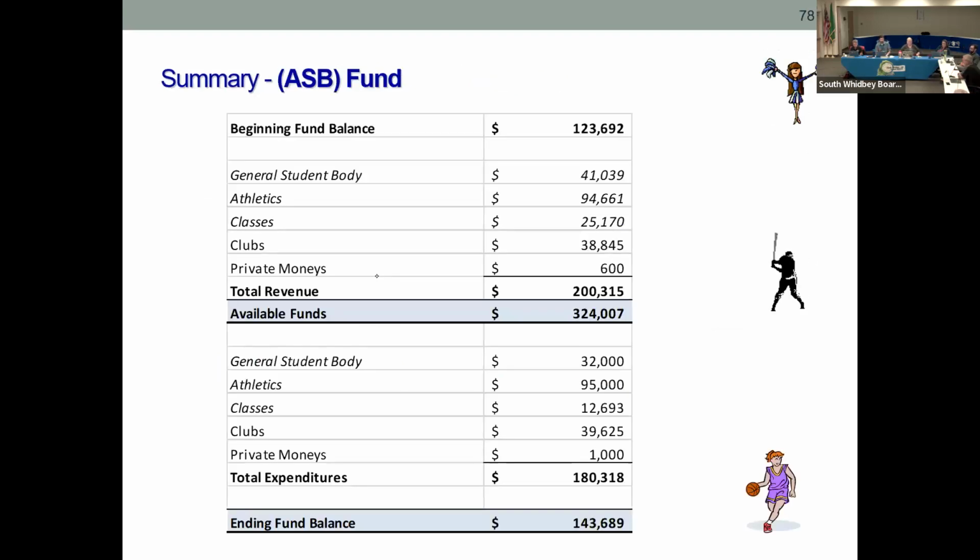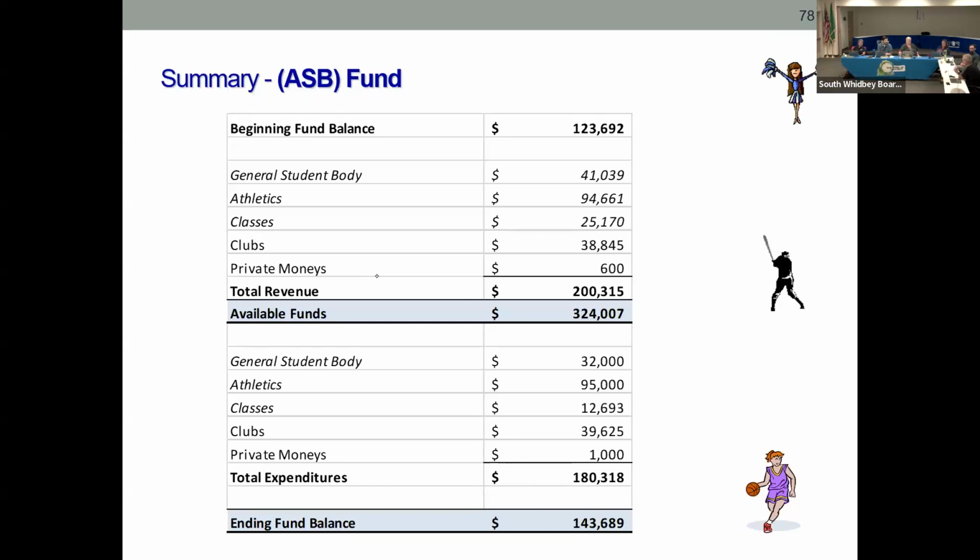ASB, budgeting about $200,000 in revenue and about 180,000 in expenditures. And then when the students come back, I will actually give this back to them and have them go through and really work through this so that it is their budget, because they're the ones that are managing it. I just create a budget so that they have one in place to use, and then they will actually spend time working on this. So you basically put in the guardrails of how much you have to spend, and then they decide how they're going to spend it. Well, no. This is how much capacity you have. Right. That's all I'm doing is creating capacity.